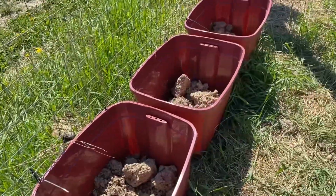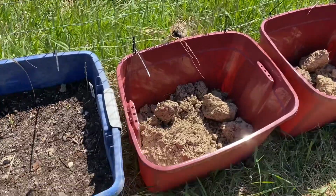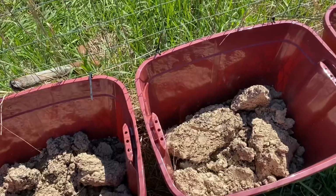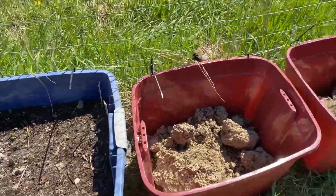And I put a little bit of clay in the bottom of those 3 totes. I'm going to fill them with dirt, and then I'm going to plant peas in there, and 2 weeks later plant peas in there, and 2 weeks later plant peas in there, and then something along the front. I'm not sure just quite yet, but